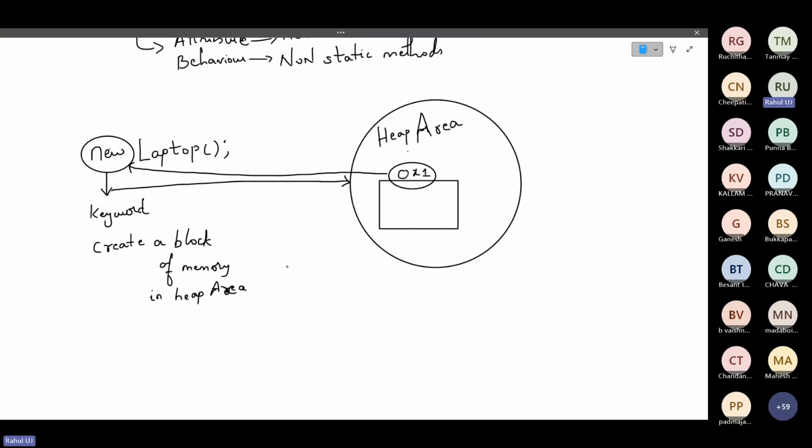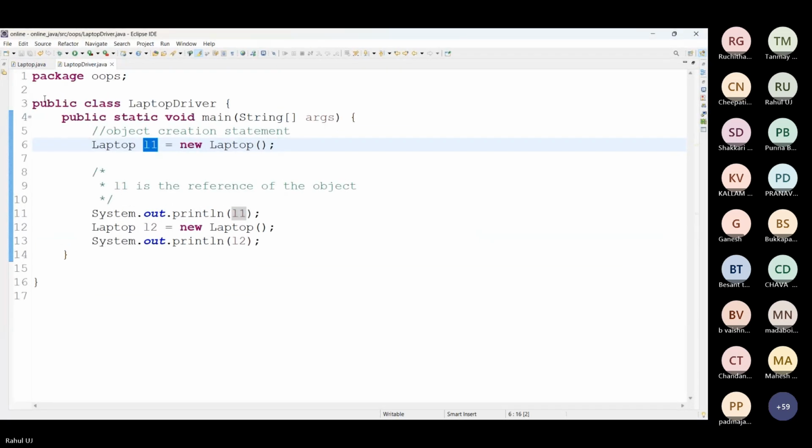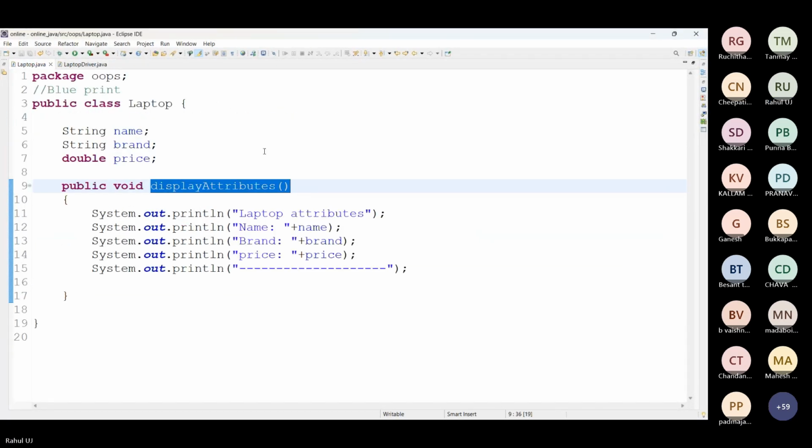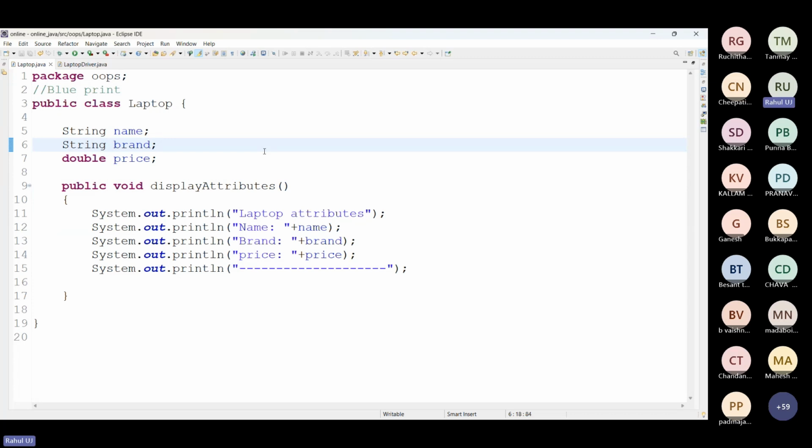Understood what is new doing? And how many attributes and behaviors are there in the class? 3 attributes, 1 behavior. Yes or no?